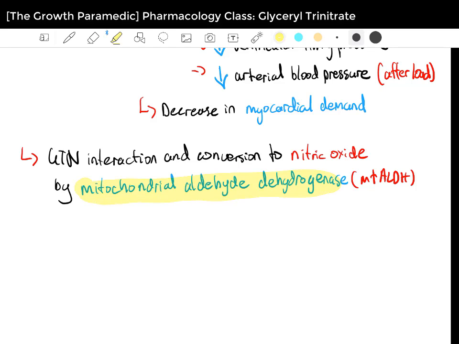So because of this, it is converted to nitric oxide, and this leads to, there's a few other steps here, but it eventually leads to the eventual